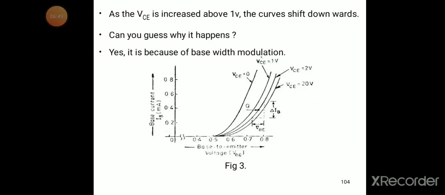So like that, VCE increases and the charge carriers decrease. To get that amount of charge carriers, it needs more supply voltage. That's why the curve shifts downwards after increasing the VCE on the output side. So this is because of the base width modulation. The meaning is the base width is effectively changing. So that's why it happens.